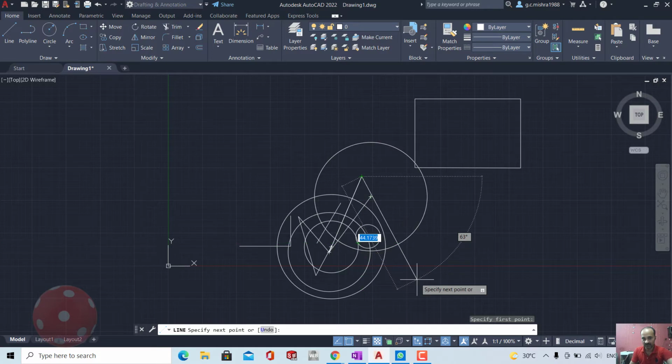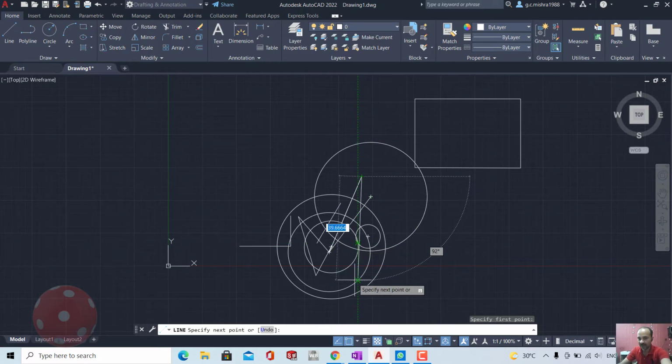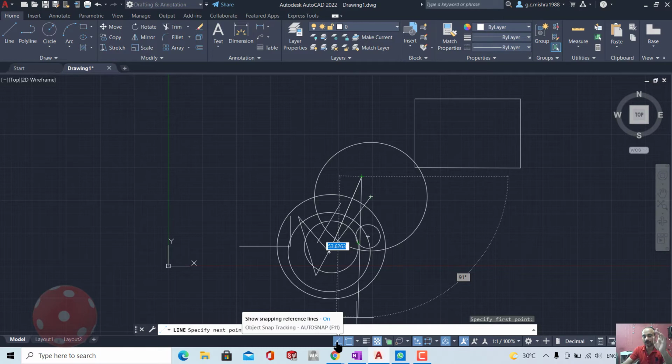You are seeing a plus button at the centers. It means a plus button is active here, here, and here, so you can choose any of these points. If there are 20 objects, then you will get 20 helps, and those helps will cover up your drawing. So when a complex drawing is in process, you will need to turn off this tracking.